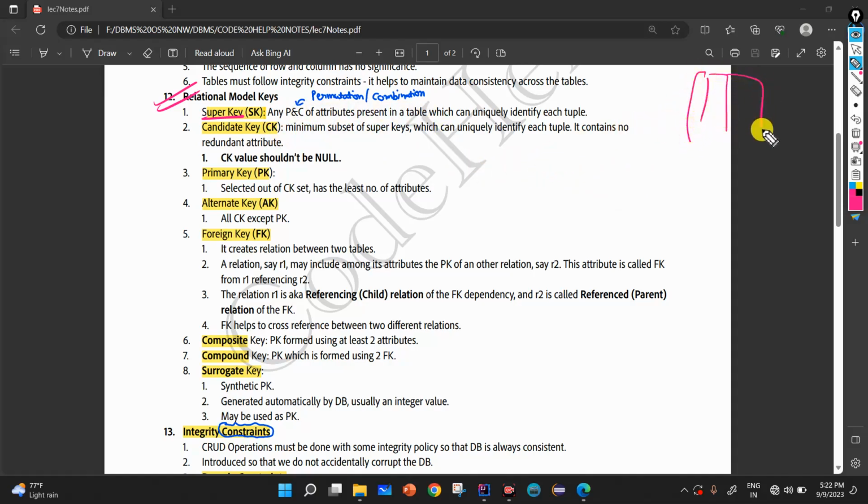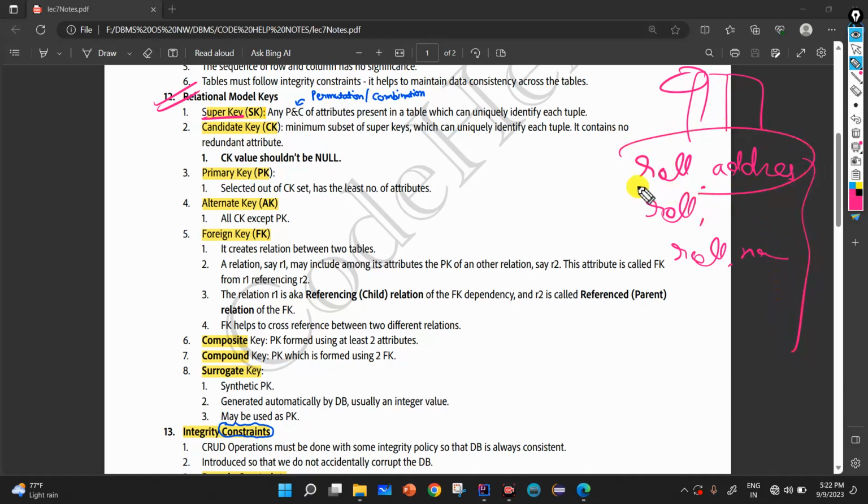Take roll number, or address; you can take roll number singly, or roll number and name. Any combination which uniquely identifies the tuple is called a super key. So it is a superset.